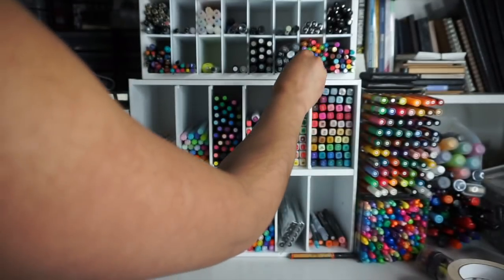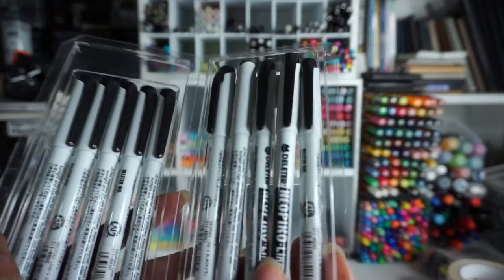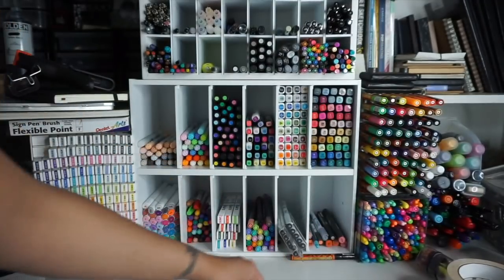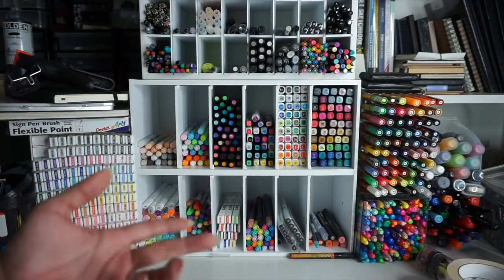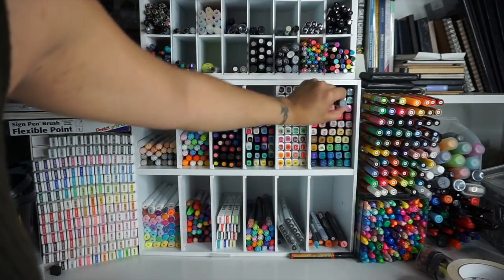I like them. The next one is my linear markers. I have a collection of Neopico. I keep these in its case because I like it. I have that one in the bottom over here, my miscellaneous. I don't know if I want to go through all of them, but they're all different names. Right above it is